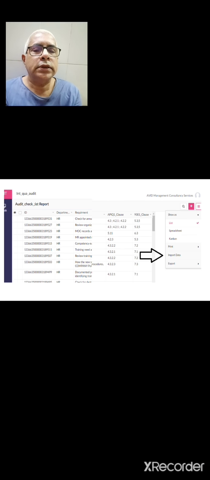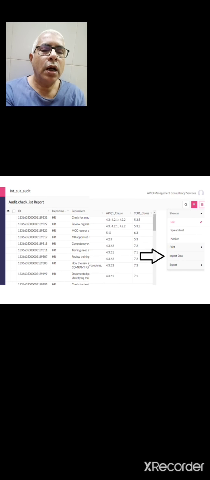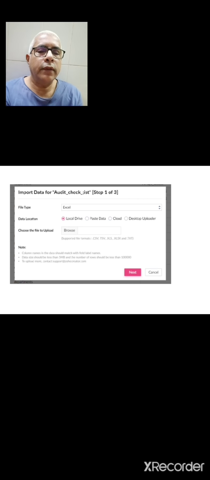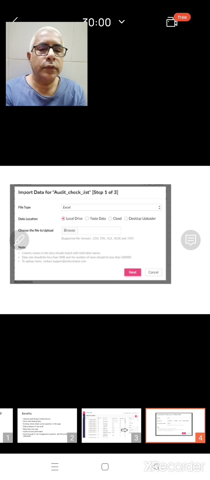and all the existing quality management systems, whether it is 9001, 14001, 45001, all the product standards, all the check sheets can be uploaded to this software. This screenshot shows how you can do that. So what I will do, I will give a real demo of how this software works, so that it will be easy for you.